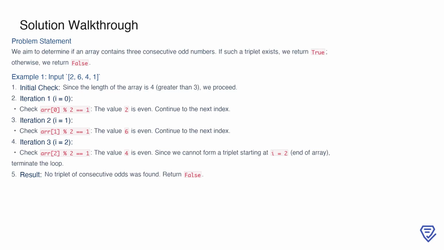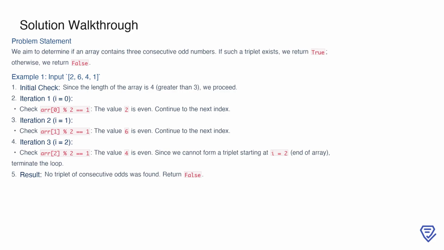In this problem, we are tasked with determining if an array contains 3 consecutive odd numbers. If such a triplet exists, we return true, otherwise, we return false. Let's start with the first example where the input array is 2, 6, 4, 1. First, we check the length of the array, which is 4, this is greater than 3, so we can proceed